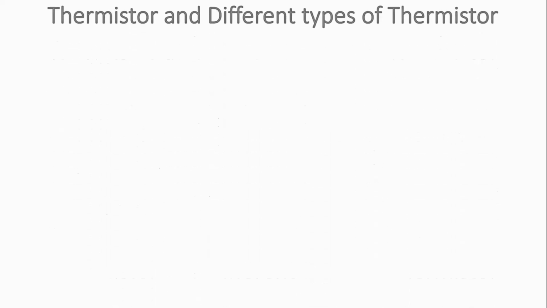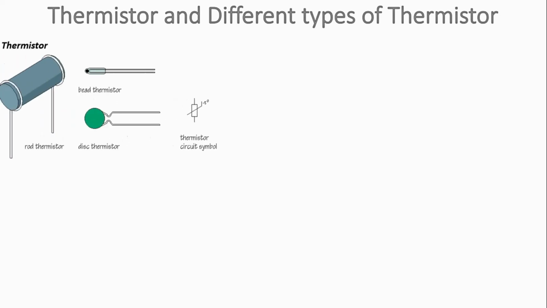Now in today's video, I'm going to discuss the thermistor, its working principle, and types of thermistors, which is very important in learning basic instrumentation. Now we will know what a thermistor is and we'll see its operation. Thermistors are temperature sensitive semiconductors that exhibit a large change in resistance over a relatively small range of temperature. There are two main types of thermistors, positive temperature coefficient and negative temperature coefficient, that is PTC and NTC.